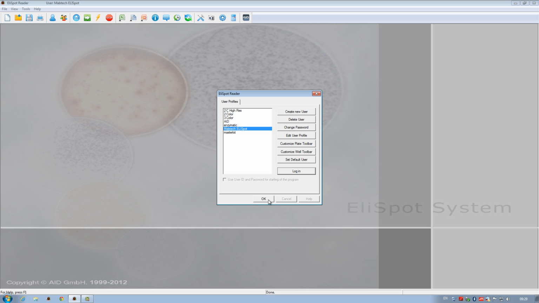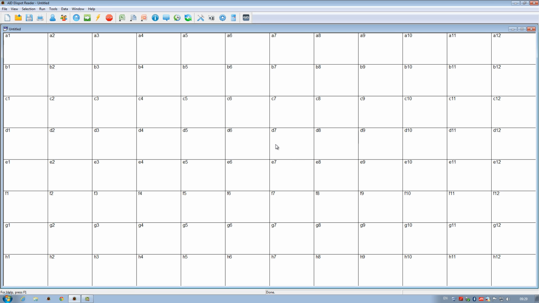We are now about to take our first steps together in optimizing the settings for this newly created user. What do we do first? Well, whenever I put a new plate into an AID reader, I always want to do a so-called reference check, meaning that I check out a single well just to make sure that everything looks fine. Has the assay been successful? Do the spots look like they should? Are my count settings an area of interest where I expect them to be? The single well I choose to look at should preferably contain some spots in order for me to judge things like camera settings, focus, and so on.